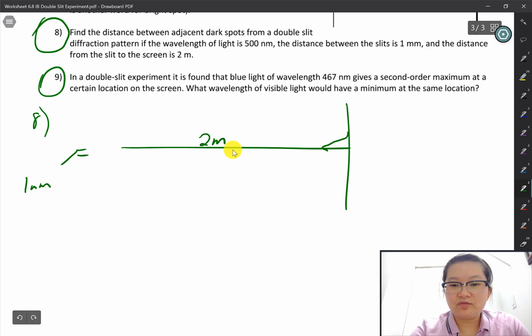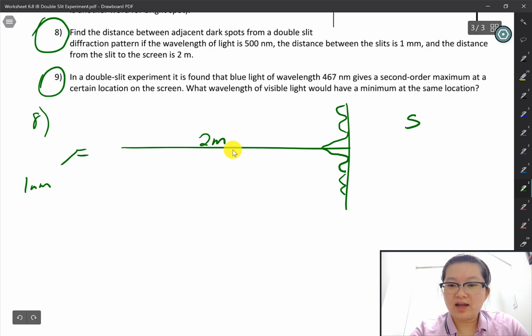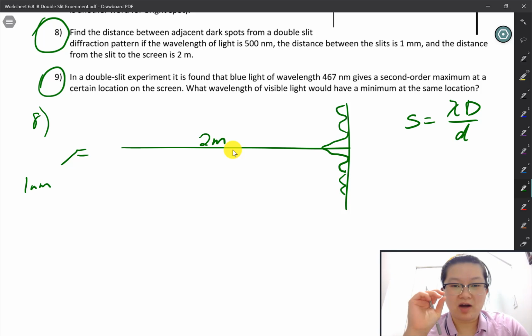We're given the equation for bright spots. But what about for dark spots? Does it work the same way? In fact, it does actually work the same way. This equation here, s equals lambda big D over small d, works for both bright spots and dark spots for a